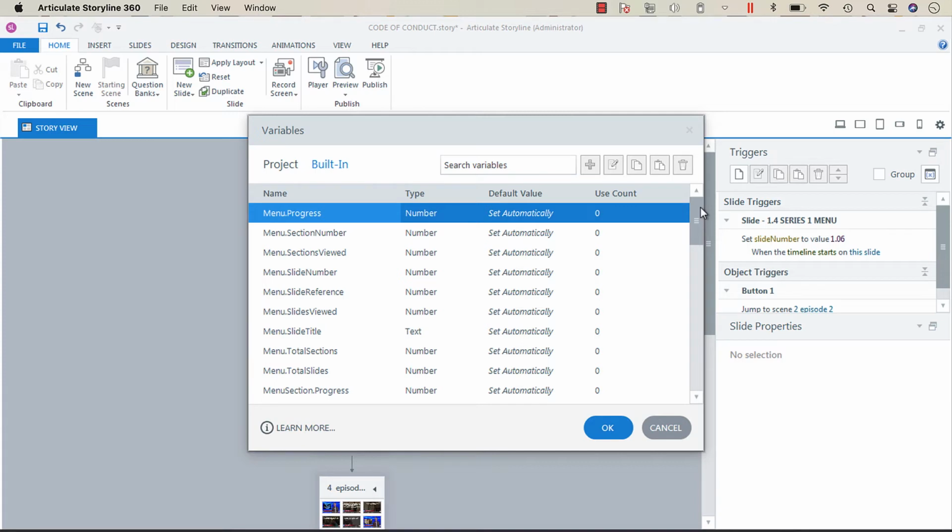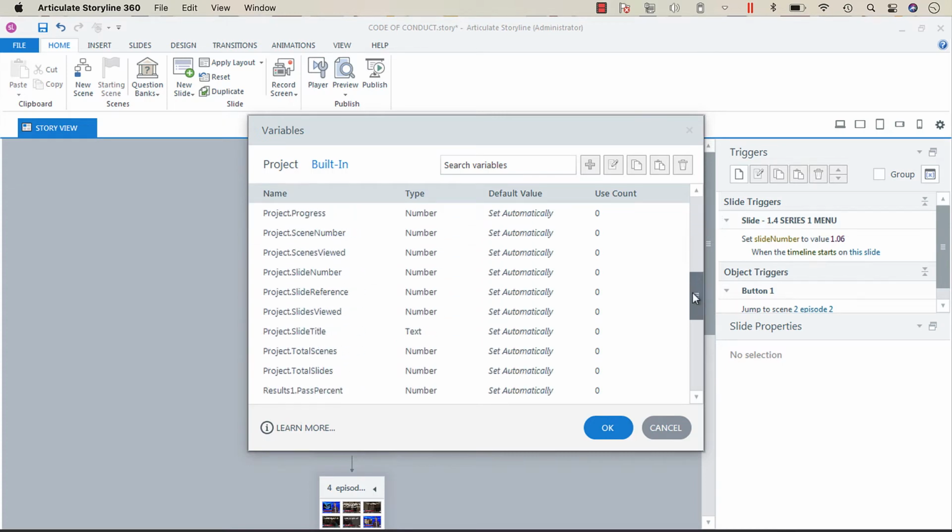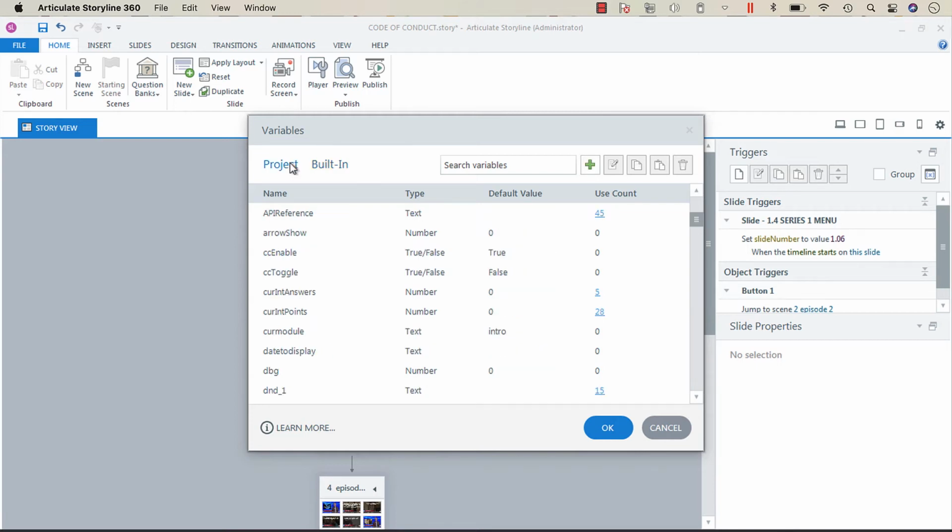new project. And you won't really, in Storyline 360, you won't be able to get rid of some of the built-in variables, like all of these menu and slide number ones, but you would maybe be able to get rid of extra result slide variables. So one cool thing that exists now in Storyline 360 is the ability to select multiple variables and delete them